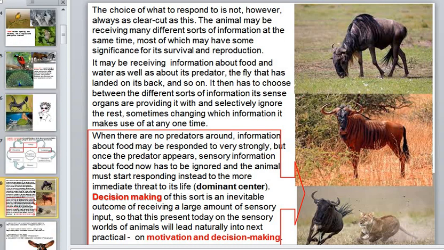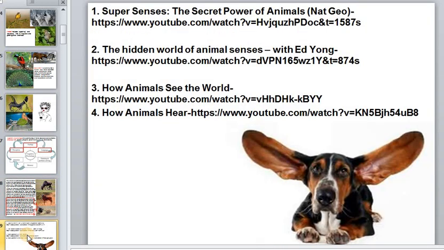Information about what stimuli animals are capable of detecting is clearly an essential preliminary to understanding their behavior, but it's only the first stage, and it would be easy to make the mistake of thinking that all we need to know about how animals respond to stimuli is to understand how the sense organs transform energy from the environment, for example, just light or sound, magnetism, etc., into nerve impulses which can then be interpreted or recognized by the brain.